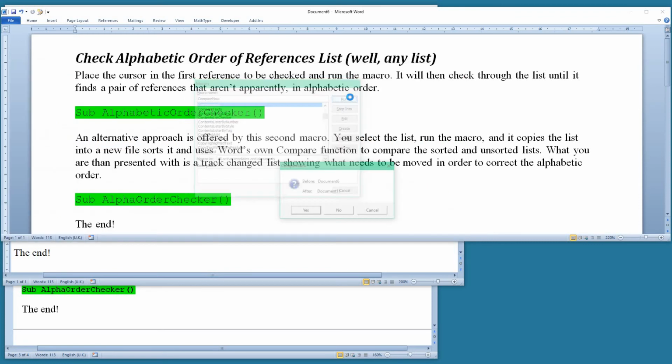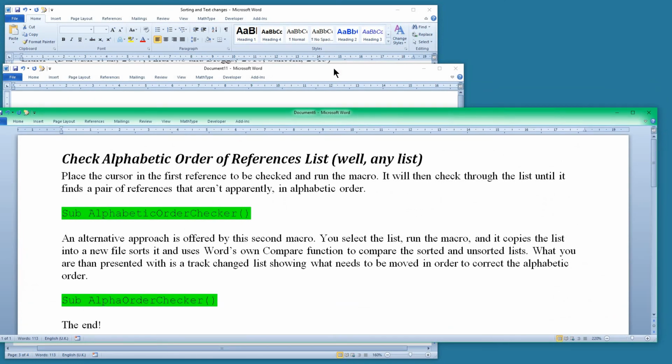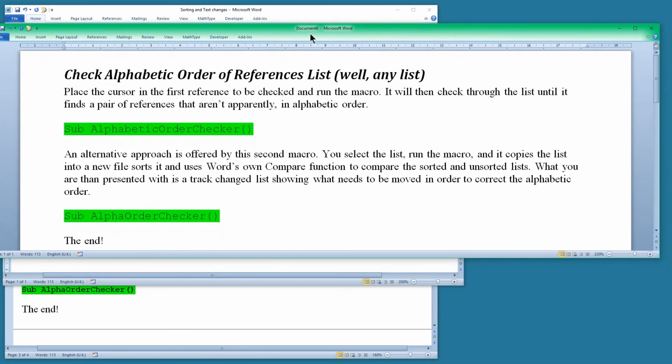Okay, and run that. It's looked at all the documents that I've got open at the moment and is asking me whether I want to compare 6 and 11. Well, I'm thinking, hang on, are they the right ones? So if I just cancel that for a moment, that's 6 and that's 11. So yes, that's okay. Those are the two I want, document 6 and document 11. So if I run that again,